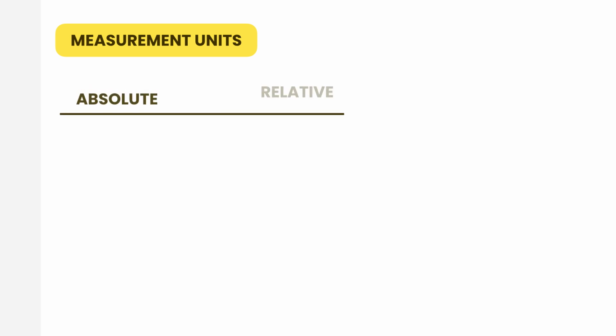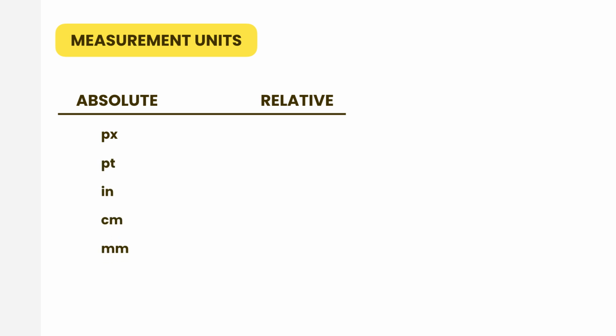So far, we have only used pixels to size elements. But in CSS, we have quite a few units of measurement that fall into two categories: absolute and relative. Absolute units are always fixed. The value doesn't change. Examples of units in this category are pixel, which we have seen, point, inch, centimeter, millimeter,